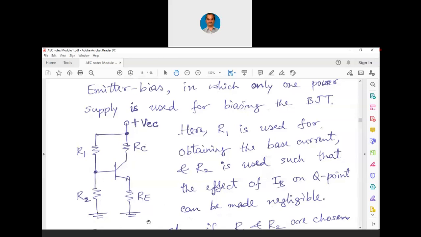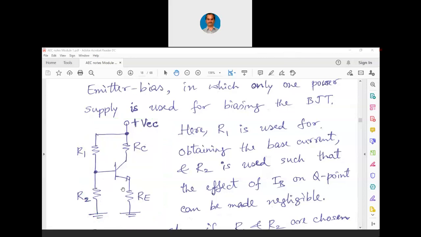When temperature is drastically changing, the base current also drastically changes. In the emitter bias, we may ignore base current, but collector current also drastically changes when temperature changes. Now, how to solve this issue? We want to have a circuit which is independent of beta also, which is independent of temperature also. That is this particular circuit called voltage divider bias. This is that circuit which is independent of beta and it is independent of temperature. Later on, we will have a stability analysis for this particular circuit.